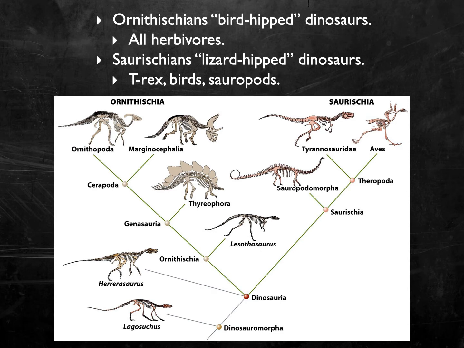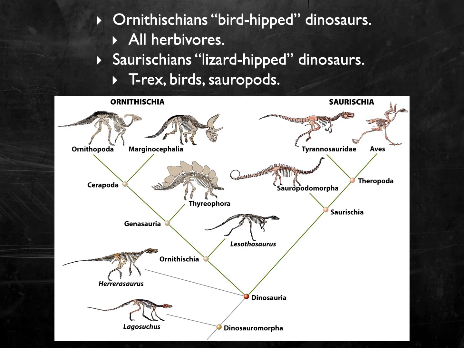You might recognize a Stegosaurus-looking thing over there towards the bird-hipped ones. You might recognize that guy at the top, Ornithopoda, as one. We're going to talk about that in a second. And we've got a Triceratops-looking guy up there. So some of those will be familiar to you, but going the other direction, up through the saurischians,